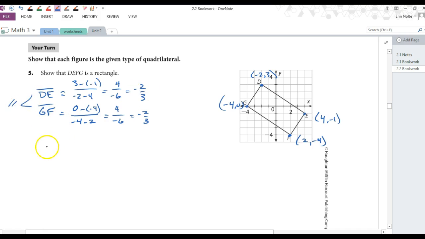Okay, let's go to the other sides. So G to D, let's go from G to D. So we're going to go 0 minus 3, and then -4 minus -2,